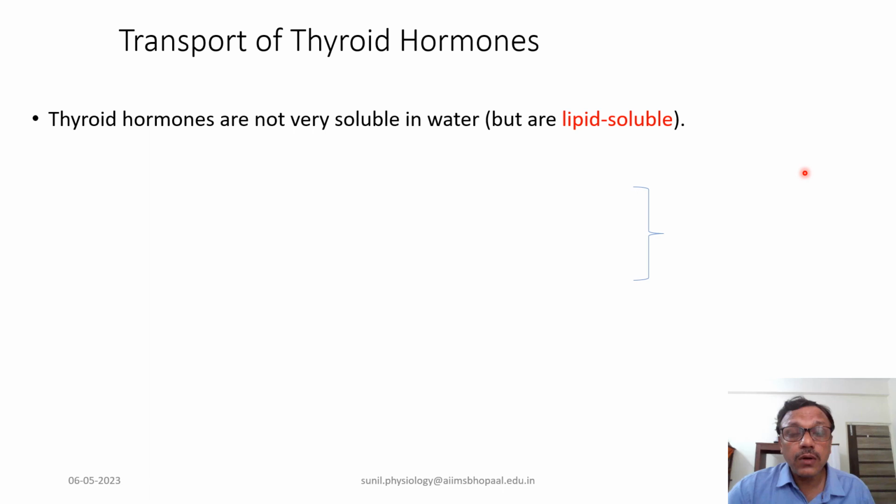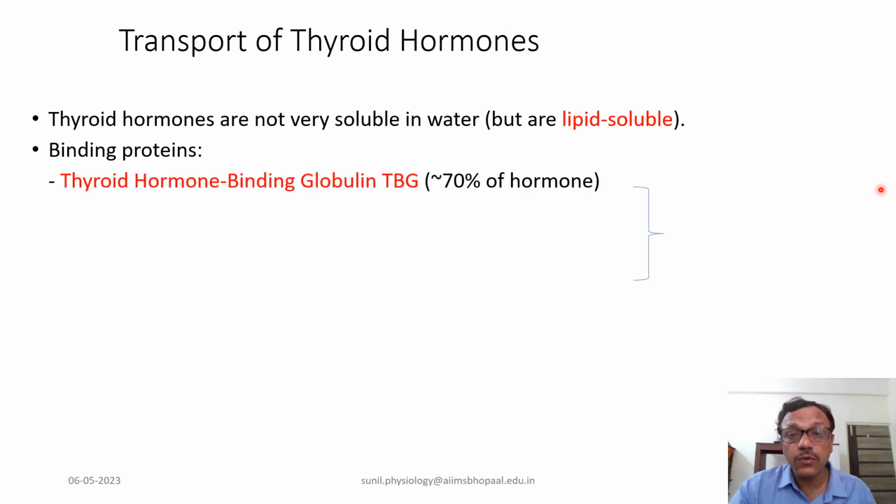If these hormones were soluble in water, then there wouldn't have been any special protein to carry them to their target cells. So there are basically three types of binding globulin proteins, which are synthesized by the liver. All three different types of protein associated with T3 and T4 are made